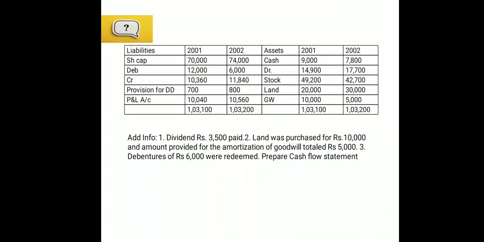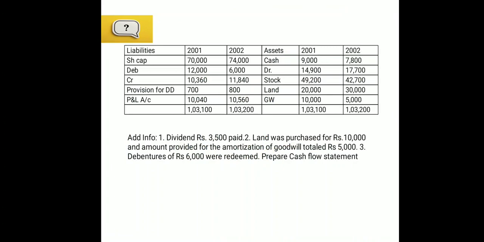But at the same time it is going to be a non-fund or non-operating expense, because this is not happening because of your regular production. It's not related to your sales, administration and all. It is related to your capital structure, the financing side. So it will be a non-operating item also. That means twice it will appear in the solution: one, when we calculate the cash flow from operating activity, and another when we calculate the cash flow from financing activity. Clear? And it is a payment, so it is going to be an outflow.